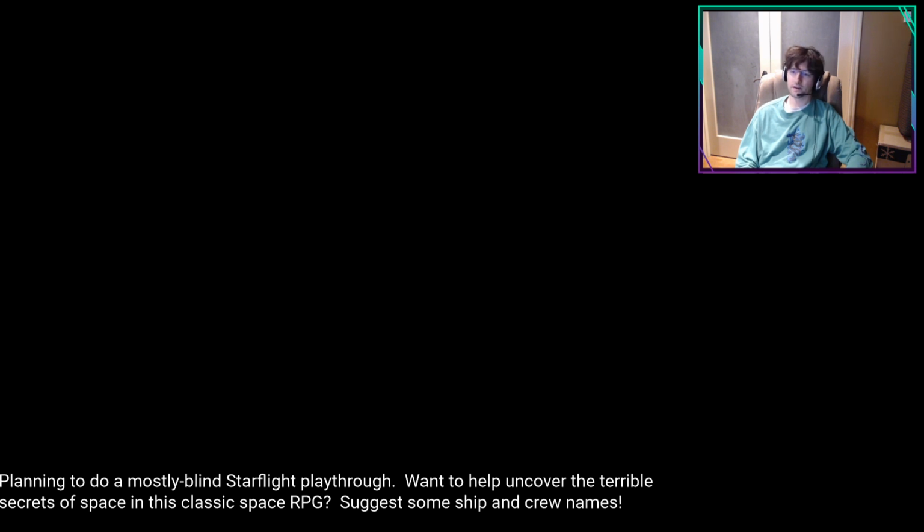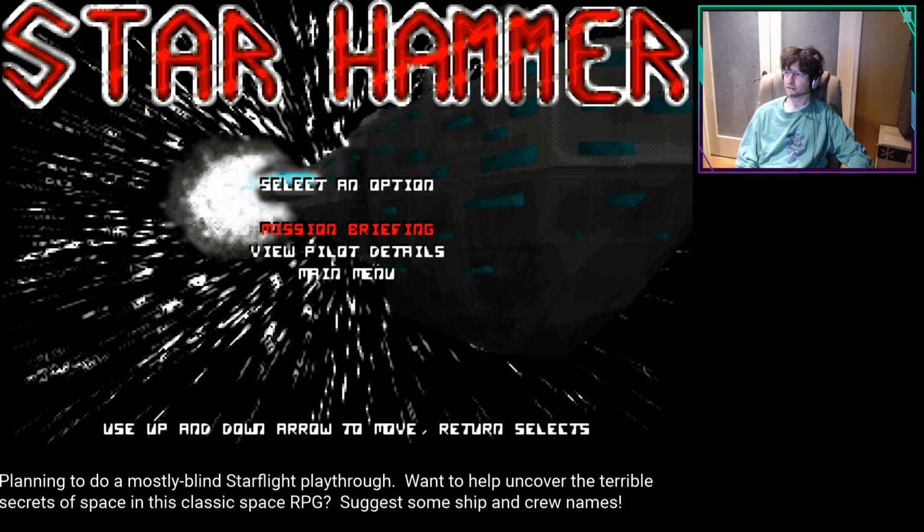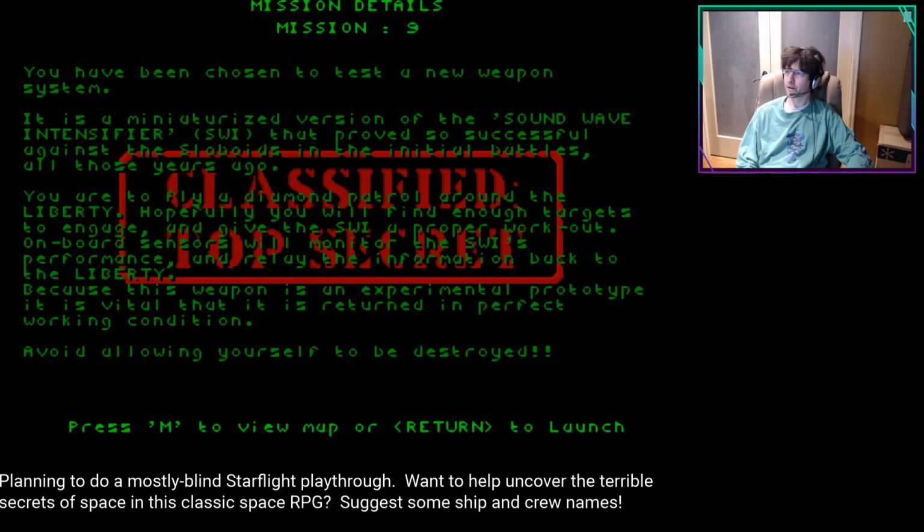Oops, I skipped the debriefing screen again. I need to not hit enter during those cutscenes. I keep thinking I can skip them, but no, that's not how that works. What are my pilot details? Flying officer. 18% accuracy. That doesn't seem very good, but you don't have, like, gun energy or anything to worry about, so...